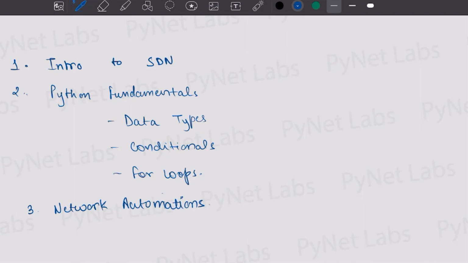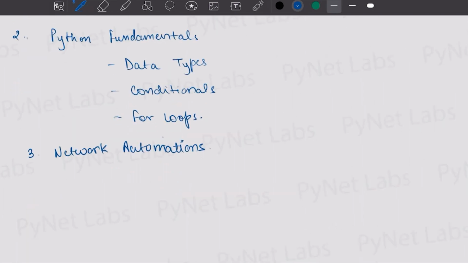And then once we have a good idea of how it works in production and how it can be utilized to minimize manual effort, we will discuss the most crucial part of our training, which is model-driven programmability. By the time we reach model-driven programmability, you can expect to have a good understanding of how automation works in real life. And then when we talk about model-driven programmability, we discuss various crucial protocols like NETCONF,